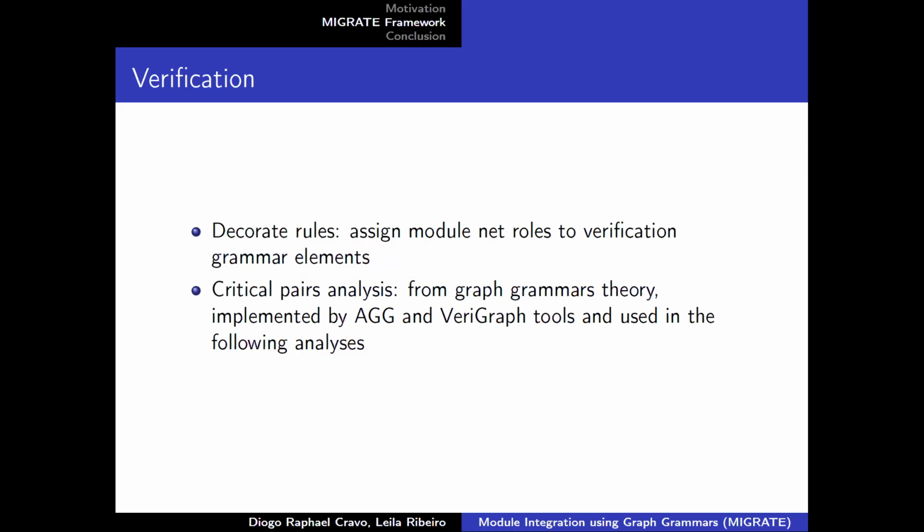So we see whether each of the nodes is representing a module or a resource or an attribute. And we also perform the critical pair analysis on its roles using varigraph. And this is just a regular analysis that's already defined in the graph grammars theory.